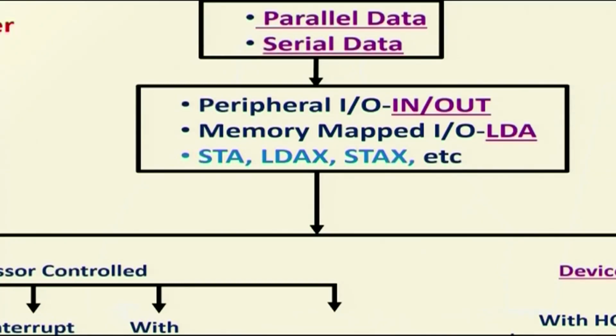In peripheral I/O, the microprocessor reads data from the peripheral device and writes data into the peripheral devices. For this kind of read and write operation, it has two instructions, IN and OUT instructions. These two are 2-byte instructions. In the 2 bytes, the first byte is an opcode, the second byte is an operand. Operand specifies the port number or port address. Totally 256 ports are available in the microprocessor 8085. So, it will communicate with any one of the ports for read or write operations.